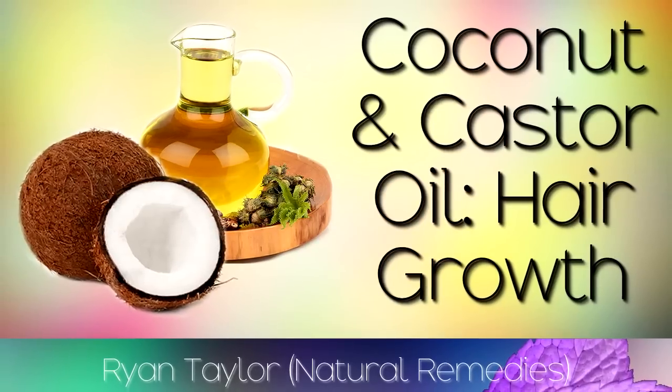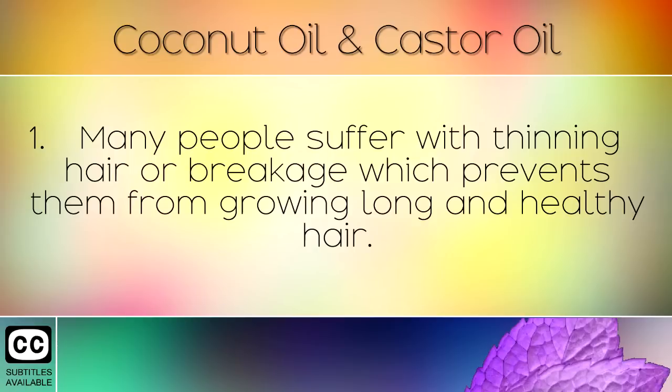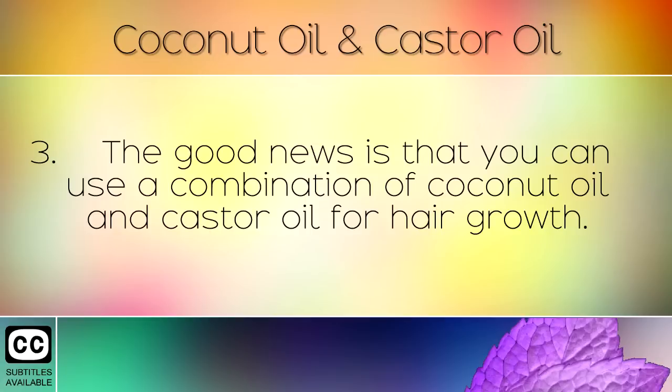How to use coconut oil and castor oil for hair growth. Many people suffer with thinning hair or breakage which prevents them from growing long and healthy hair. This is caused by many different problems such as aging, a poor diet, fungal infections of the scalp and many more. The good news is that you can use a combination of coconut oil and castor oil for